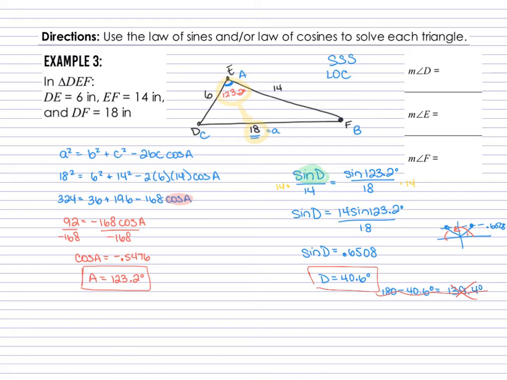Now I've got two angles. I could go back into the law of sines, but again, we don't need to. Once we have two angles, we're just going to add them together and subtract from 180. So that leaves us with, actually, change this back to angle E. So 180 minus 123.2 minus 40.6 is going to be the measure of angle